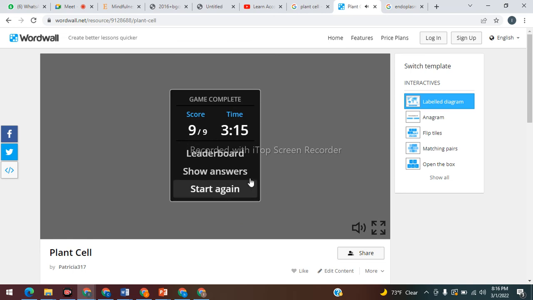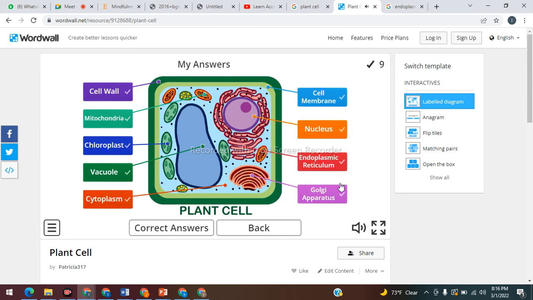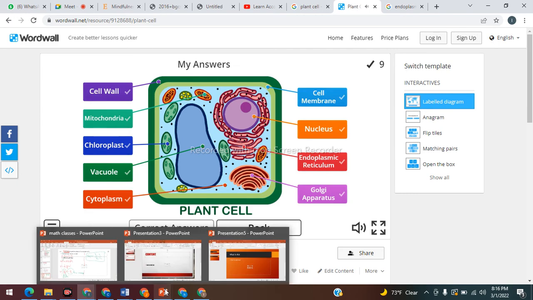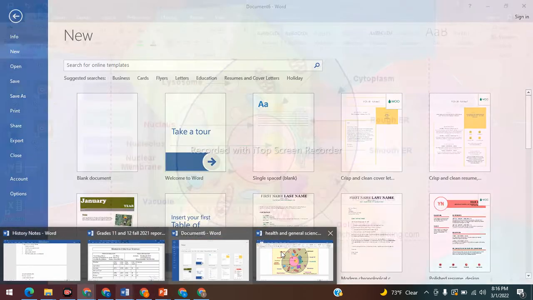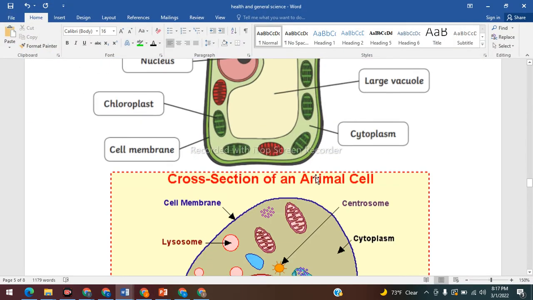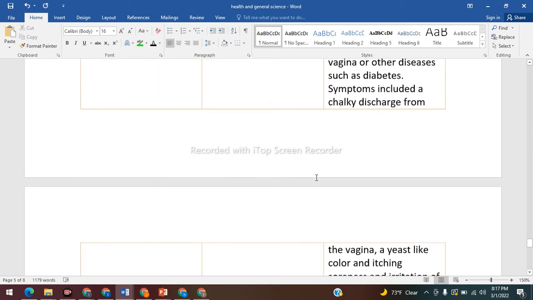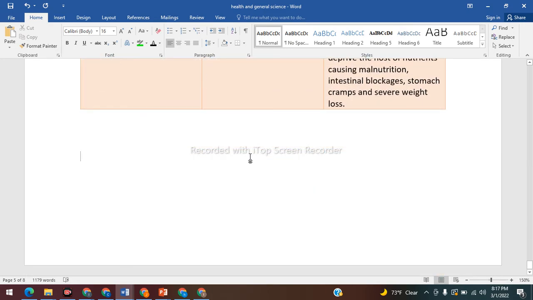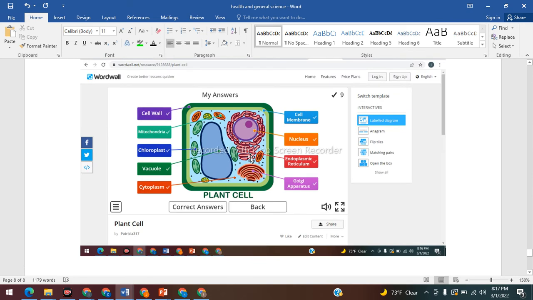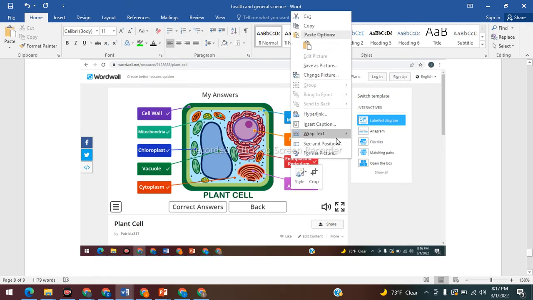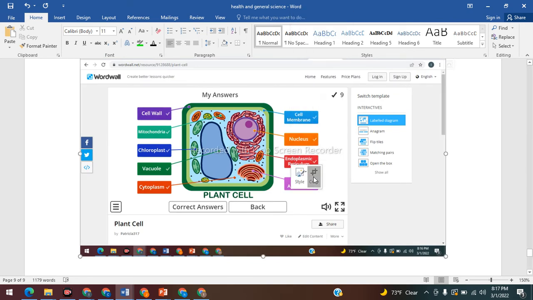All right. Show answers. Very good. I like this diagram. I'm gonna keep it. Oh wow, it's a very good diagram. I like it. It's very clear, would you say? It shows you exactly what's happening.